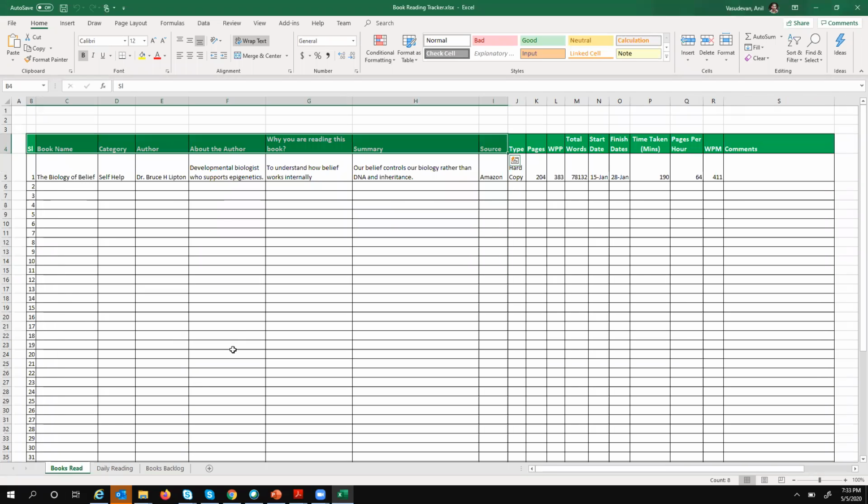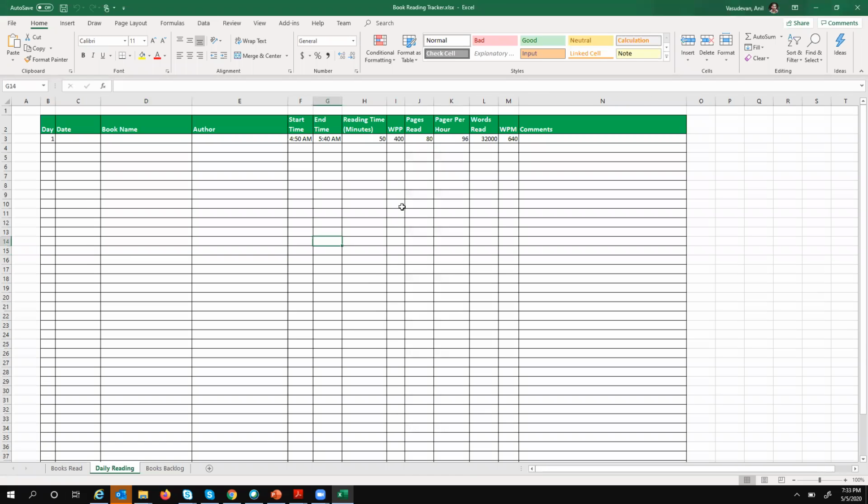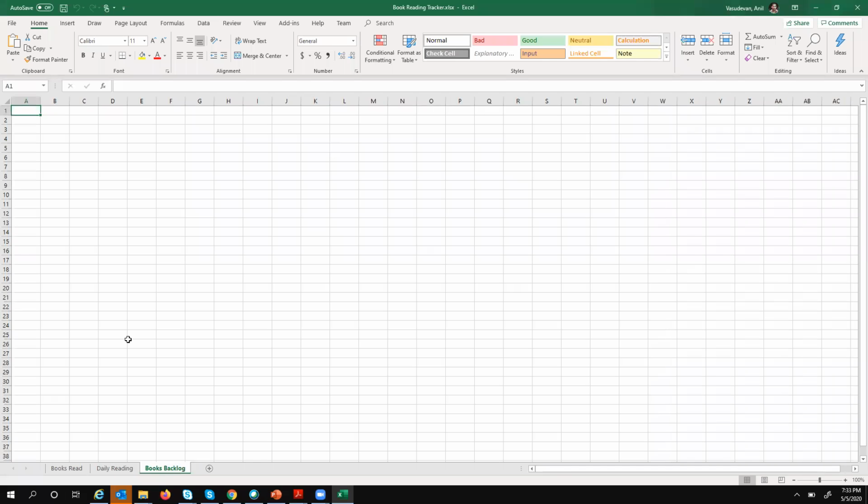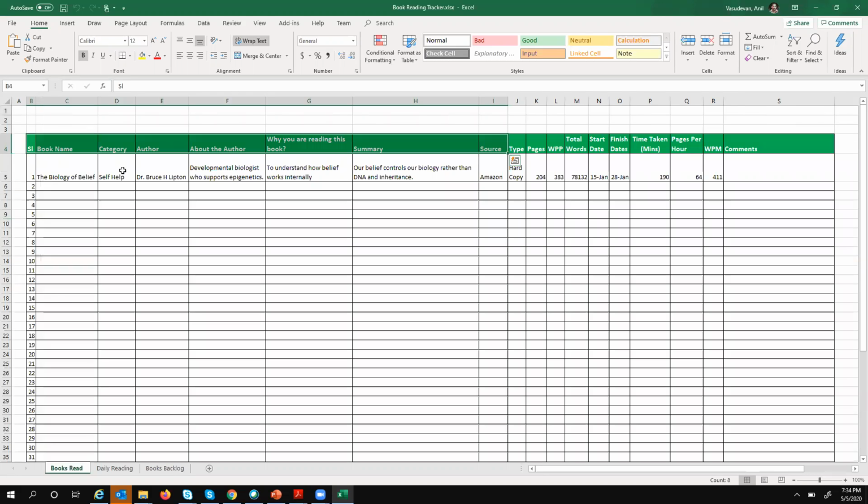So what I normally maintain, the books I have to read, I maintain in an Excel sheet, and then I track daily reading. This is just a template I have created for the team. I track the daily reading, how much time I am spending, and I have a book backlog which has all the books which I really want to read. Then there is this books read sheet. Once you complete 1 week, you put that entry here, so that you know how many books you are reading and how fast you are reading. All that information will be there, so that way you can track your reading.